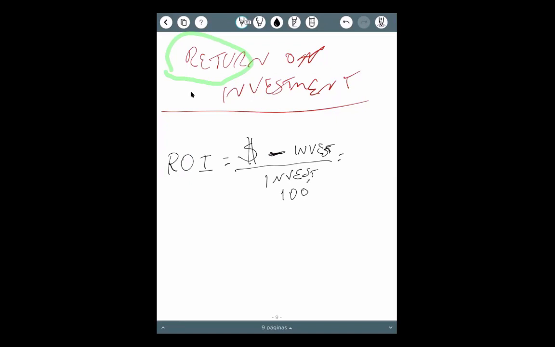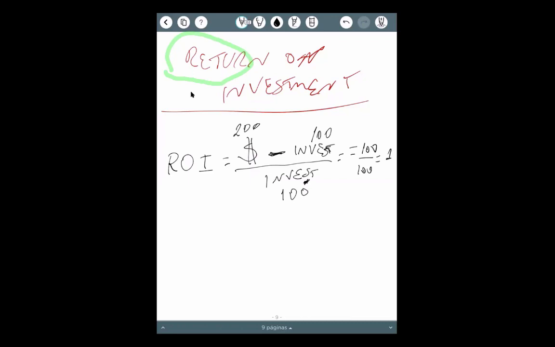So this is the investment, okay? And our expectation is that we'll make 200,000 euros with this website. So